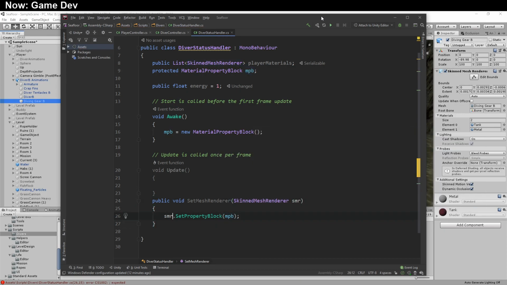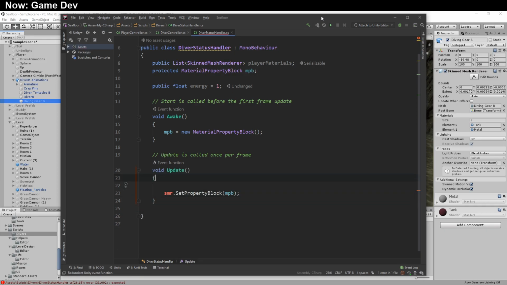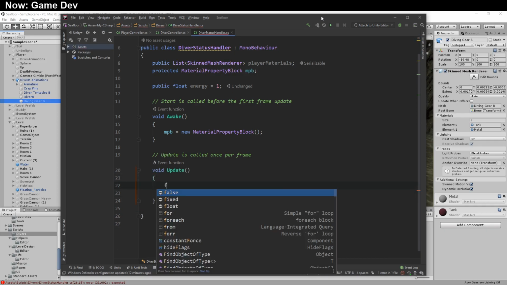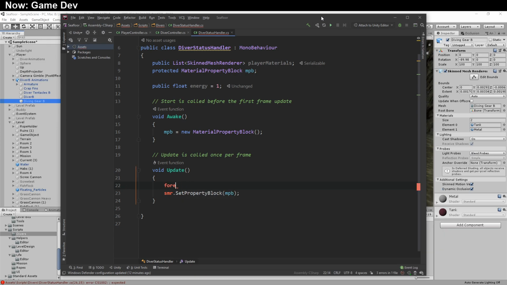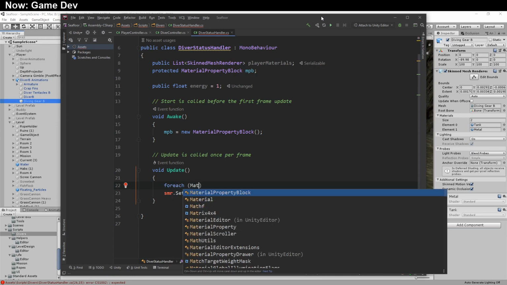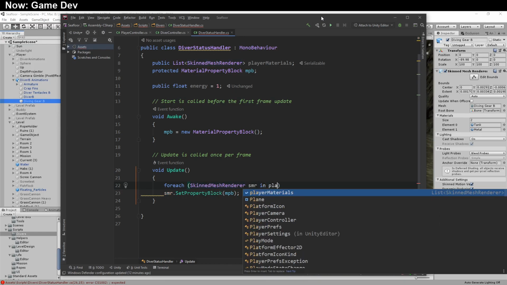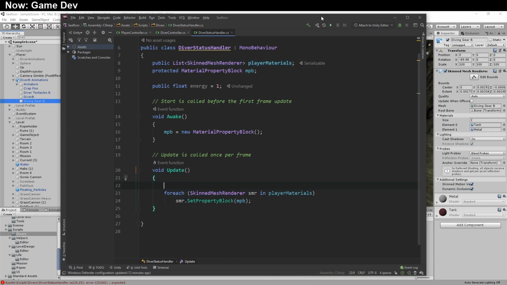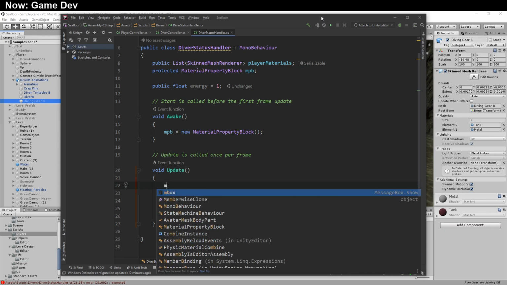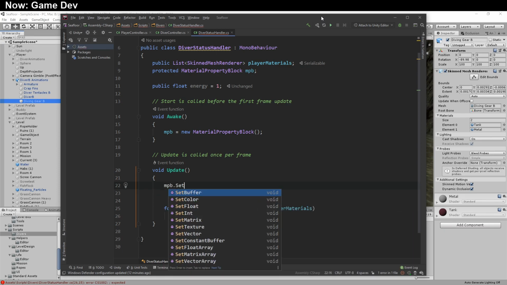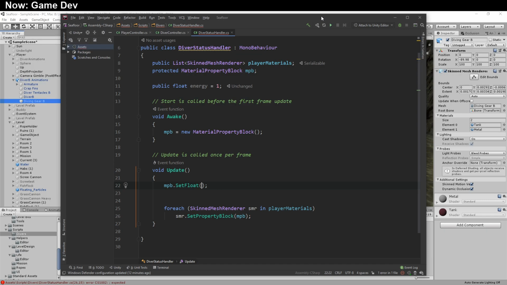I guess there's no reason to do it. Deleted. Boom. We just do a foreach skinned mesh renderer SMR in player materials. And then above that, we set up MPB. MPB set float energy